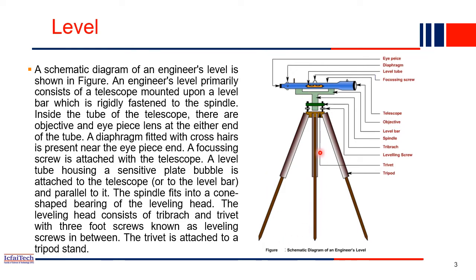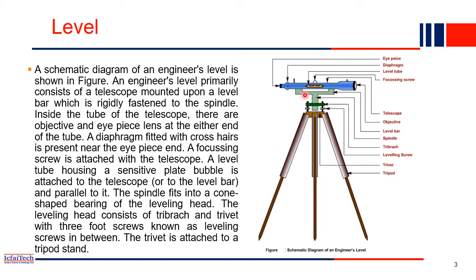So now you see this is the level, right? Here, what are the important parameters? This level is the top portion, whereas this bottom portion is the tripod, right? So this level is mounted on this tripod. What are the main important things present in the level? As we are measuring the vertical distances, this is the main telescope, right?